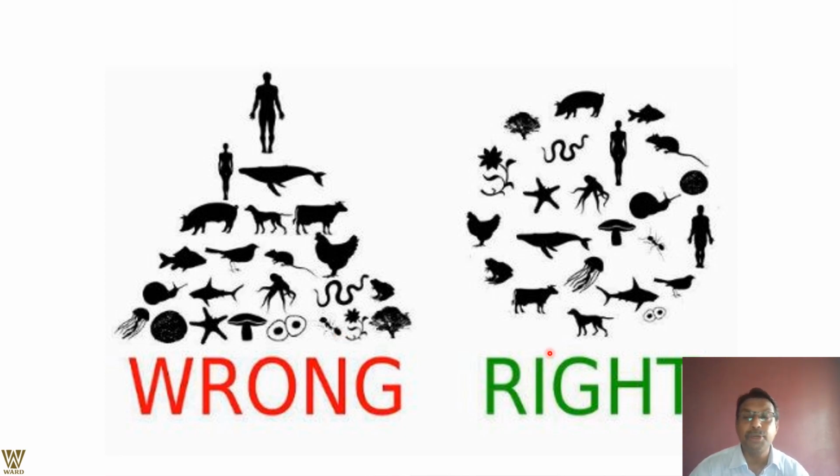The right attitude is we should be a part of the kingdom. This is a planet not only for the human species but for the rest of the species also. And believe me, without the help of the other species, this planet will not be sustainable even for human beings. So that should be the right approach.